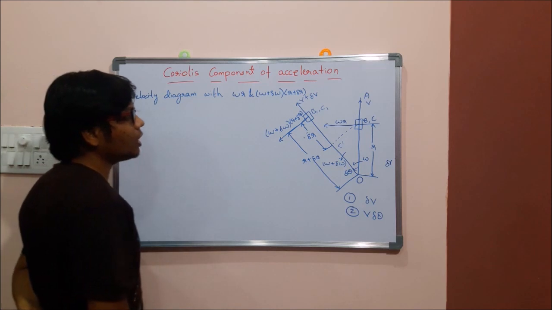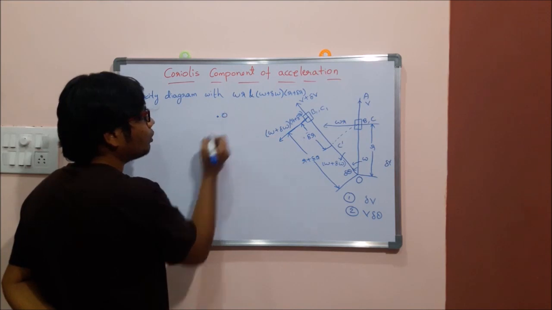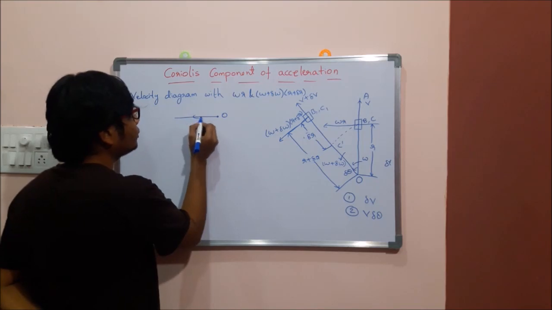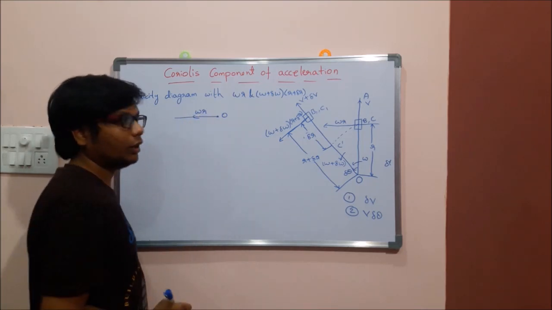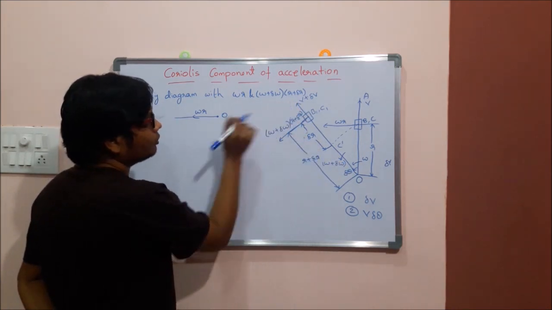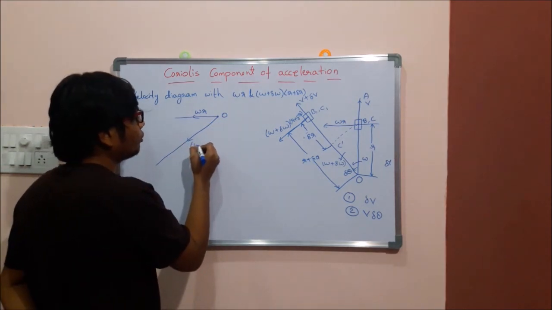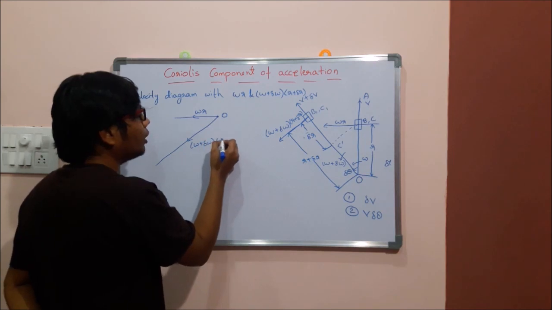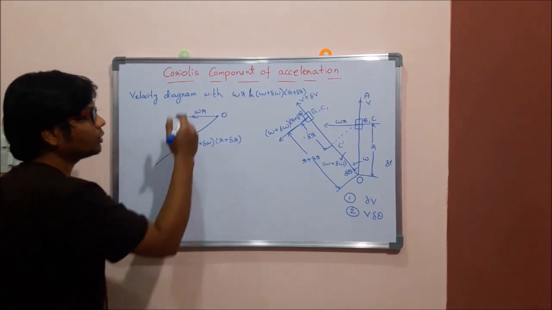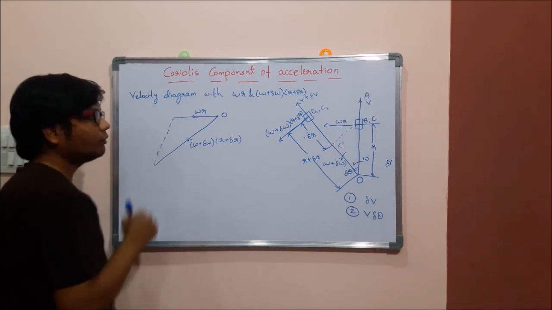So now try to consider omega r. What is the direction of omega r, which is taking place in the horizontal direction? So try to consider any point O again here and try to represent the vector representing the velocity, which is omega r. Next, similarly the final velocity, which is taking place perpendicular to the link. So parallel to this one from O, again draw another vector. Okay, so this should be representing omega plus delta omega into r plus delta r. Okay, so what is the change in velocity with respect to this initial and final? By joining these two end points, it will be giving the change in velocity.